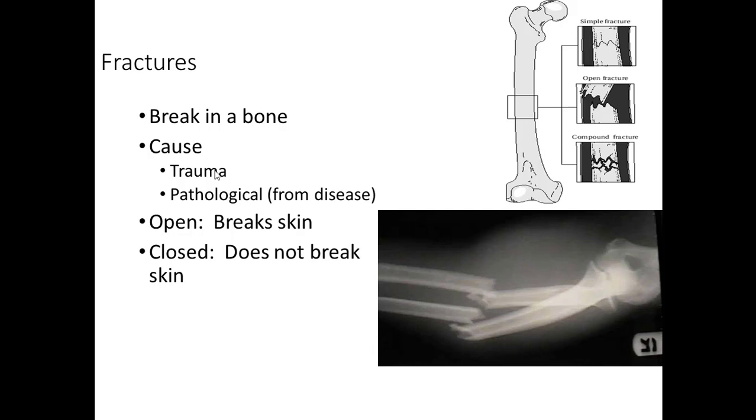So the different types are, well, there's a lot more than this, but what I want you guys to know is there's an open and a closed. So an open fracture actually punctures through the skin. The bone breaks and that jagged edge comes up and comes through the skin. So when we have an open fracture, that is basically the same as an open wound. The doc will go in there and depending on the type of break and stuff, they'll fix it, but that patient's still going to have an open wound from when that bone came through the skin.